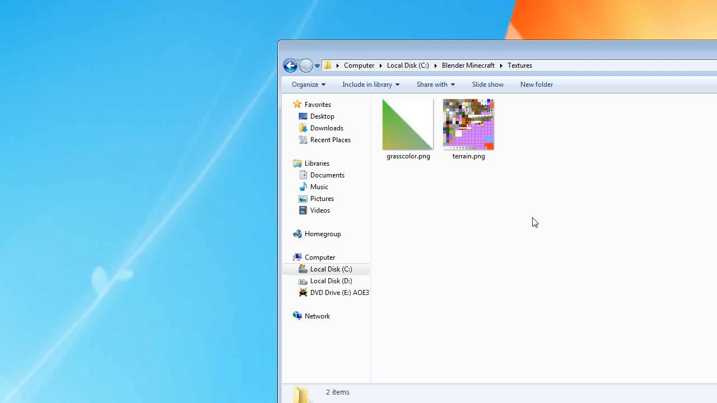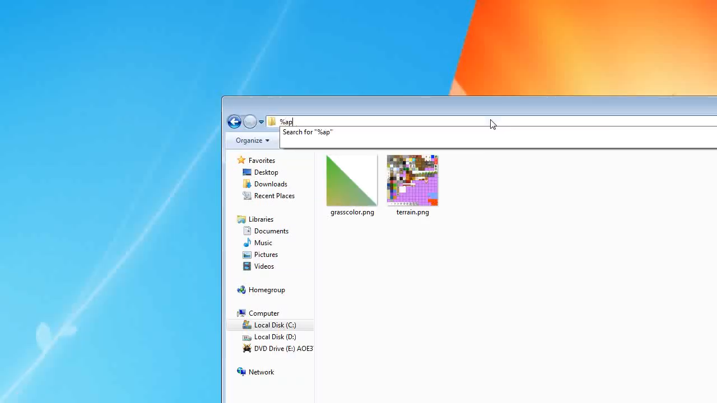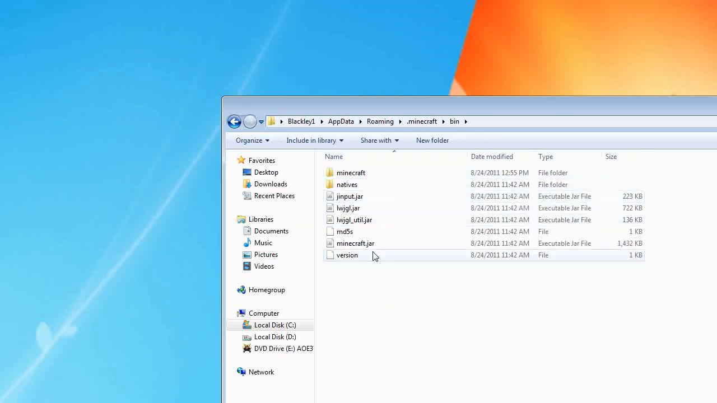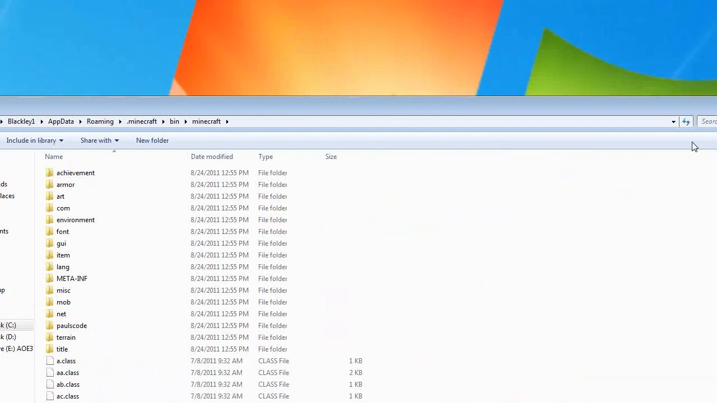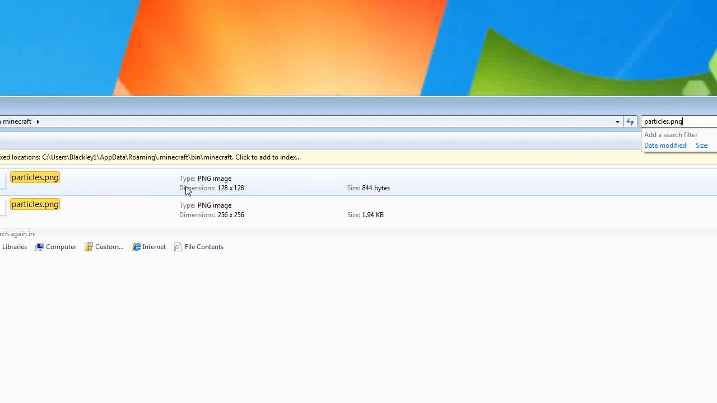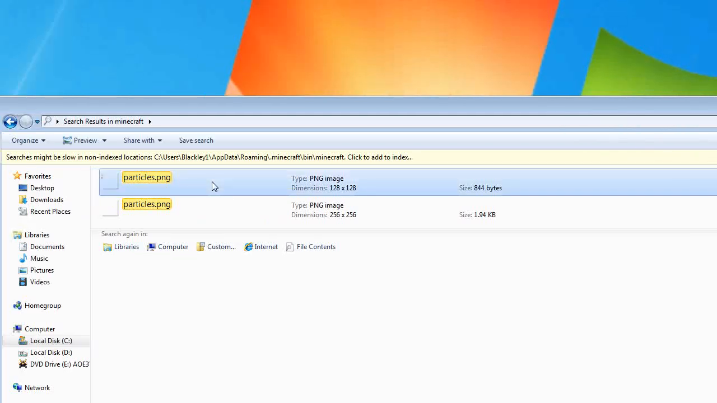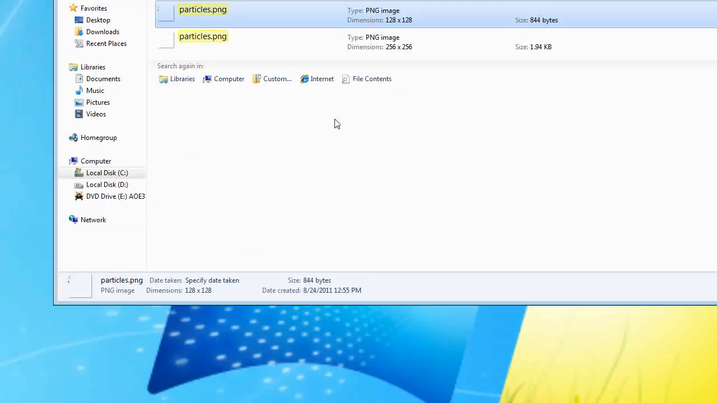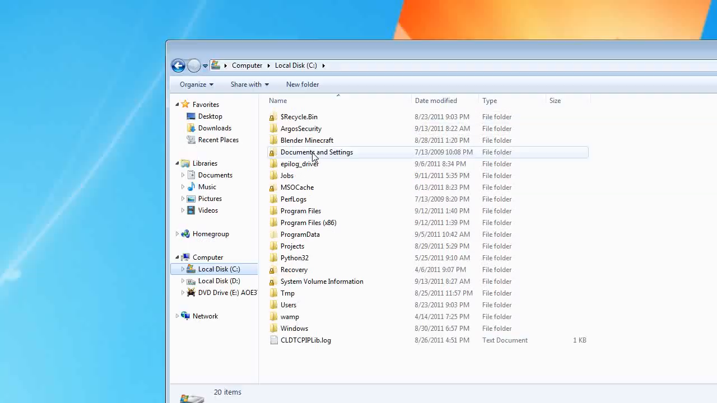So, first things first, we're going to have to run off to our app data folder, .minecraft bin. If minecraft.jar hasn't been extracted, do so, go back to lesson 1 and do that. If it's still extracted, go into your Minecraft folder, look for particles.png. There should be two of them. One is going to be 128 by 128, one's a little larger, 256 by 256. Ignore the larger one, it's empty. Copy the particles.png into our working directory,